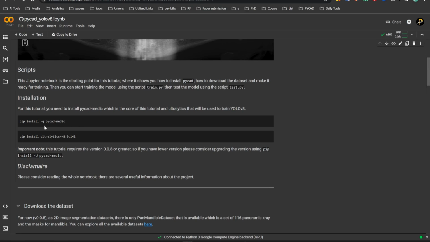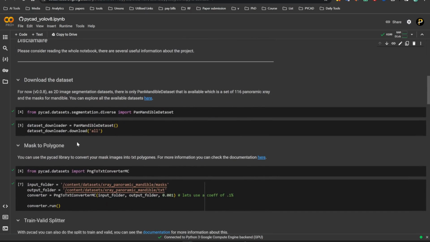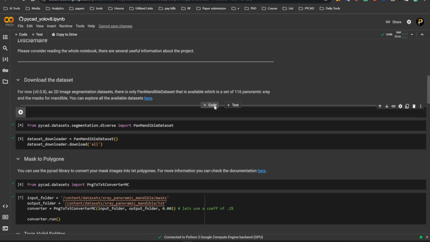So you need to do pip install PyCAD Medic. Since I have already tested that, I think it should be installed already, but let me try. Import PyCAD, run anyway. Yeah, since I have already tested the notebook here, it is already installed, but for you, you need to do